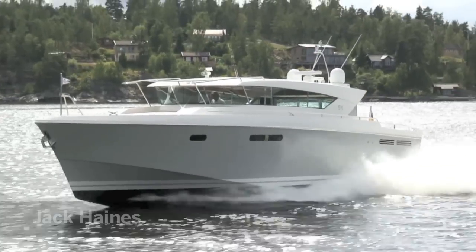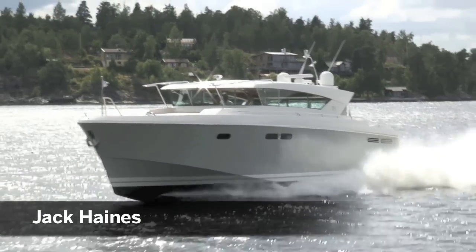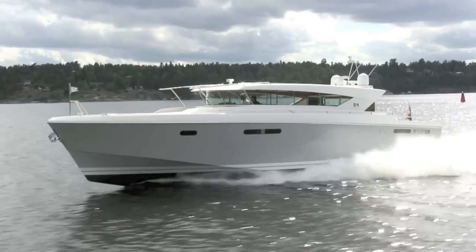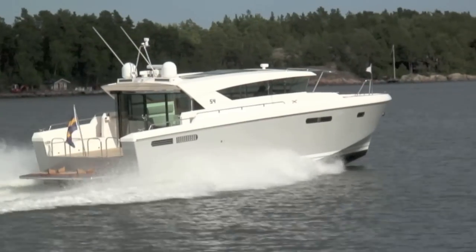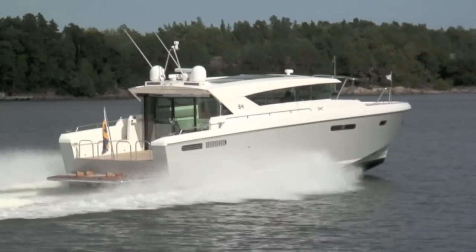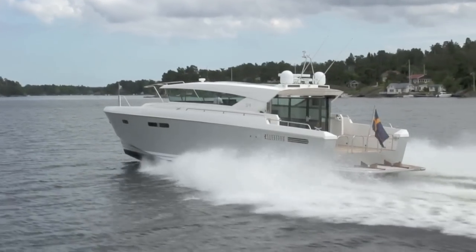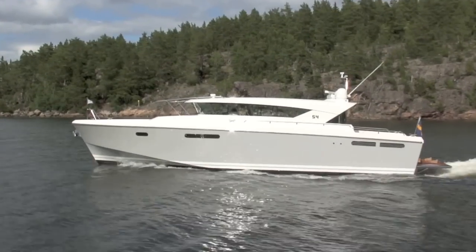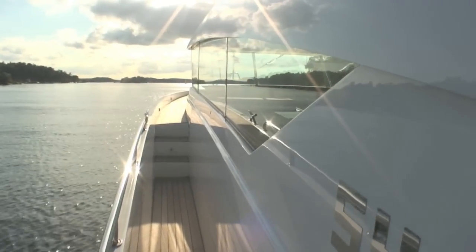This is the 54 IPS from Swedish yard Delta. Designed in Sweden and built in Estonia, this is a seriously technologically advanced piece of kit. The hull is all carbon fibre and the boat uses triple IPS 600 engines, powering it to 38.3 knots on test. There is also the option to have twin IPS 600 engines, and that will push the boat up to